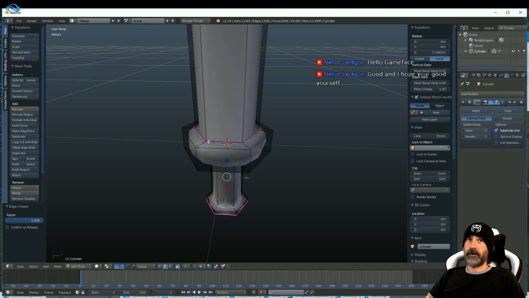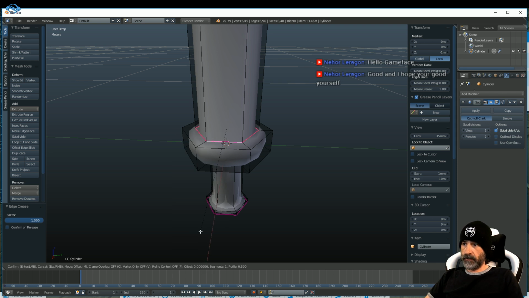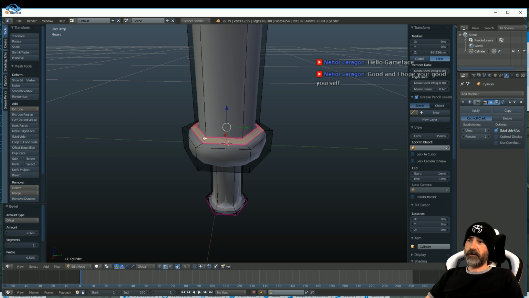So what I'm going to do here is I'm going to bevel this. And to bevel, we select the edge. We're just adding some detail here. Control E and bevel. And you can see I can pull that out there. But now I have a problem because